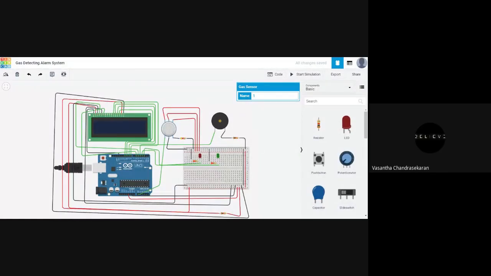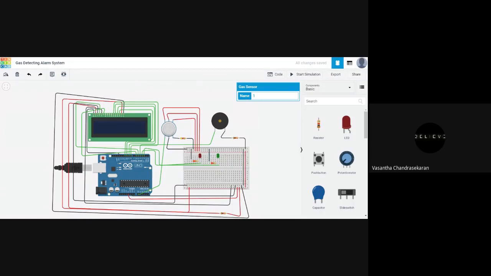So I've presented here a gas detecting alarm system. I've used a gas sensor. A gas sensor is basically used to detect the presence or the concentration of gases in the atmosphere. And I've used an LCD display along with a buzzer and 2 LEDs to indicate if there is a leakage